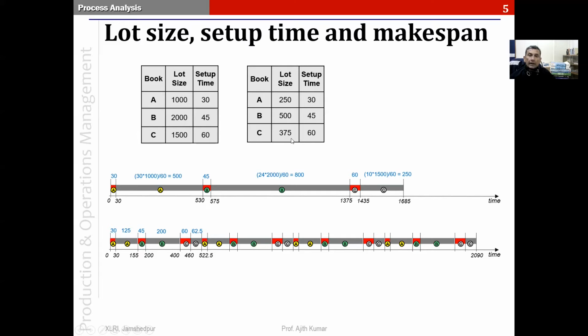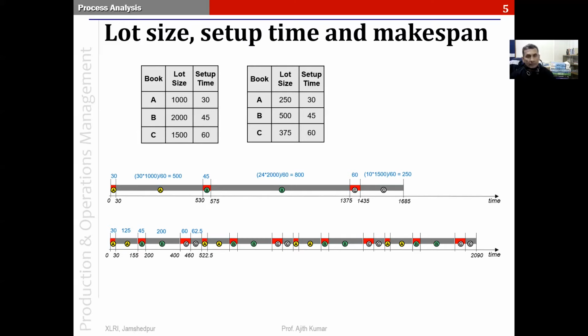Similarly, C has to only wait for 250 units of A and 500 units of B to be completed before being made available to meet the demand. So therefore, you see that in this second scenario where we decrease lot size, because we are churning out the lots faster, the demand is met much closer to when it arises. So meeting customer demand faster is a benefit of reducing the lot size. So by reducing the lot size, even though the make span increased, we ended up with lower inventory and being able to meet the customer demand closer to when it arises.